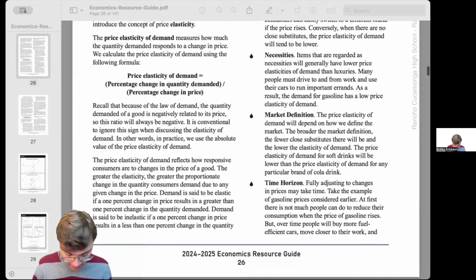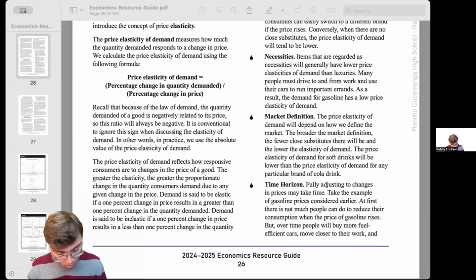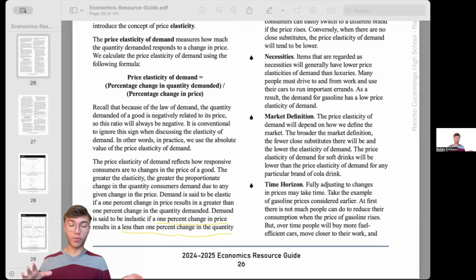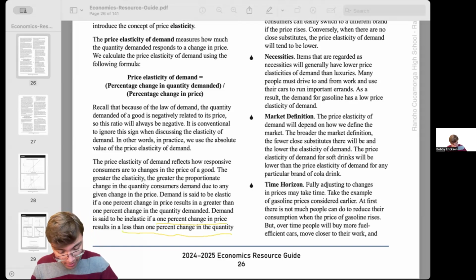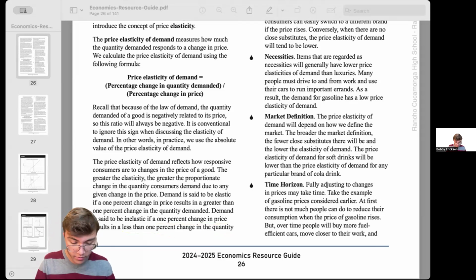So demand is said to be inelastic if a 1% change in price results in a less than 1% change in the quantity. If the price changes by 1%, that's your marker, and the quantity demanded changes by less than 1%, then